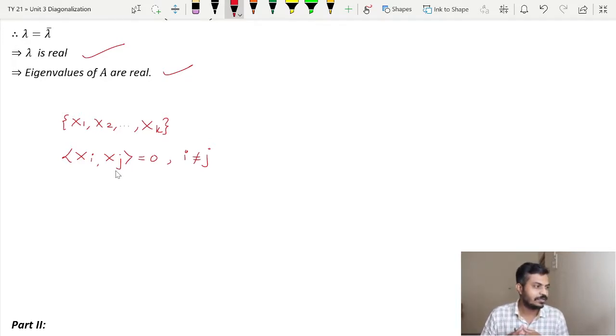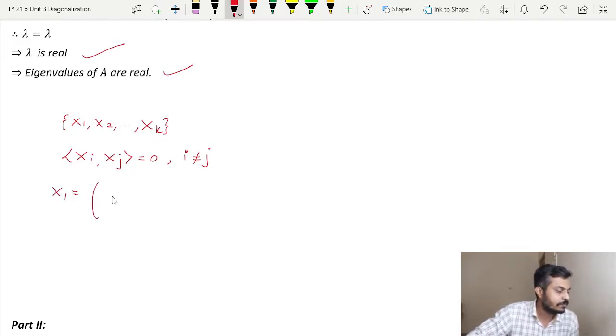But over here we are going to define the specific inner product which we have already seen before and we are familiar with, that is nothing but the dot product. And let me show you how we are going to define it and what is the notation that we are going to use here. So let us take an example of column vectors in R3. Suppose I have x1 to be (1, 0, 0) and x2 to be (1, -1, 0). So over here their inner product is defined like this.